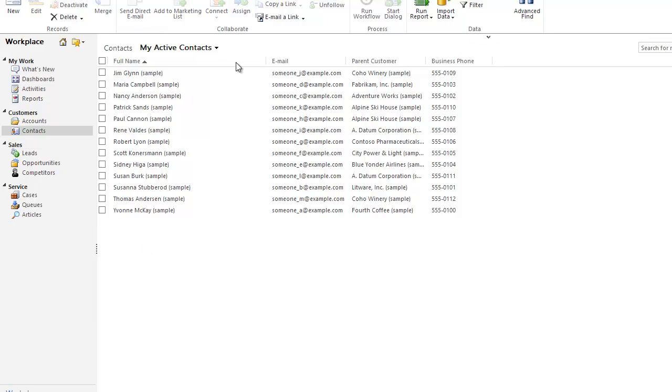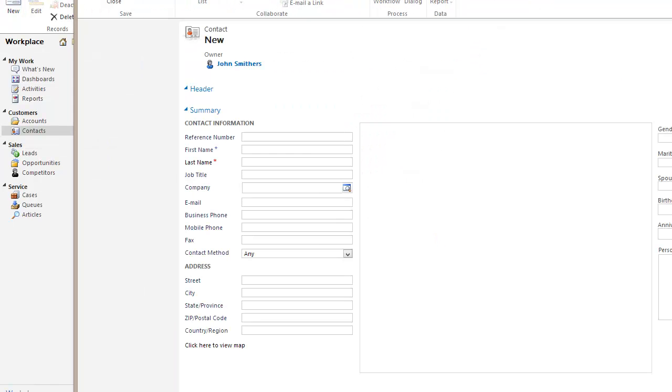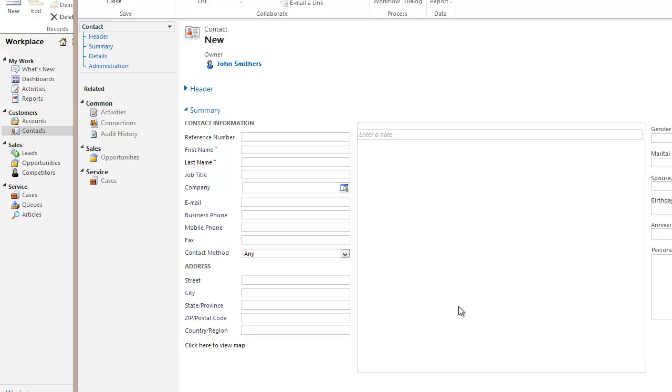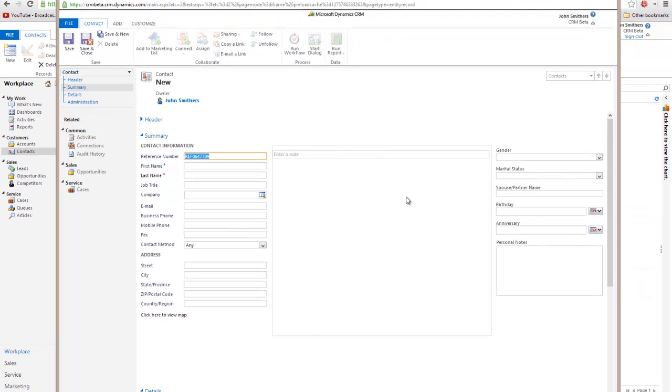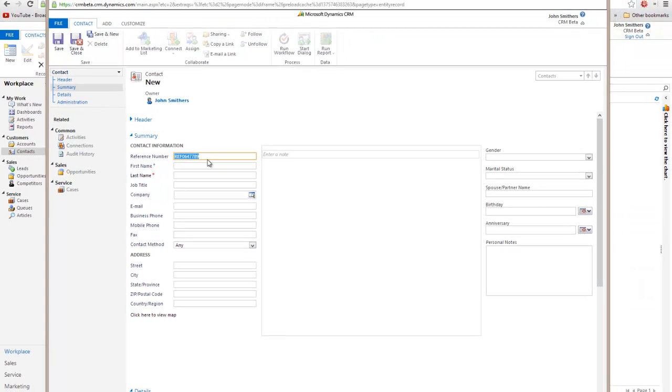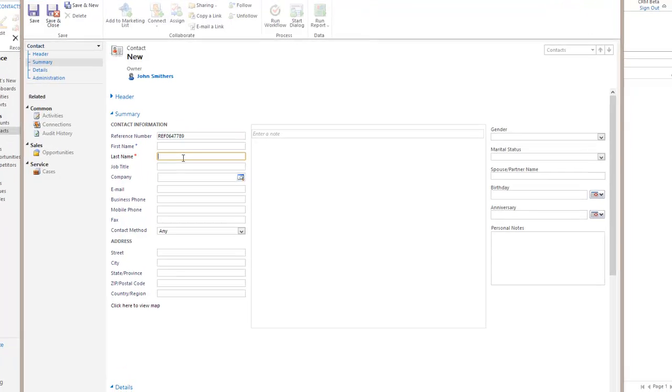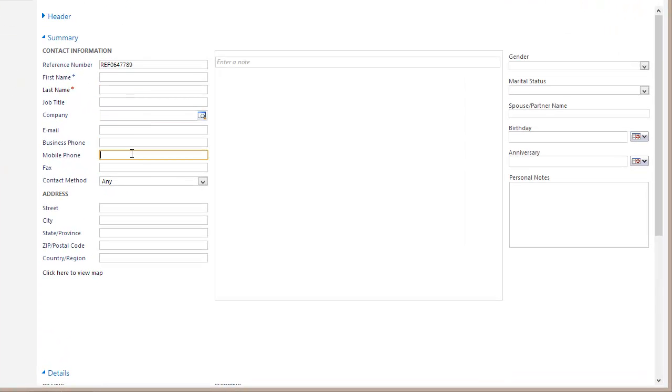So I was looking at the sample data, and what I saw here is that it's very nice how they integrated Yammer and they have all these beautiful things in here. And one thing I didn't like is the fact that I couldn't give a unique reference number to my contacts. So I actually created an OnLoad event. An OnLoad event just kind of fires off a code in the background, and this one creates a random reference